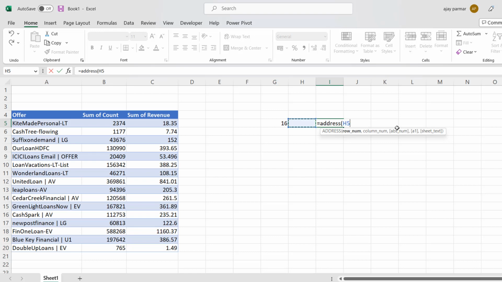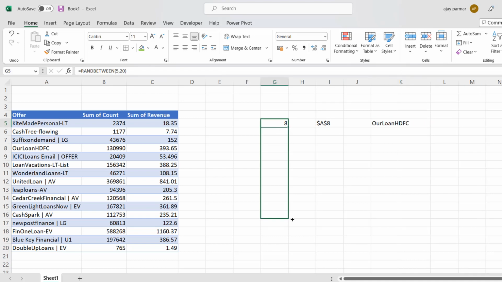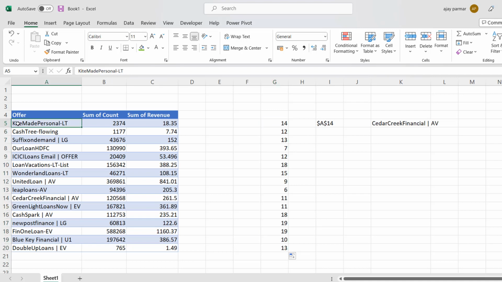So we say that this is the row number, and obviously the column has to be 1, because offers are in column number 1. This is how A10 comes. And now finally, somewhere here, I can say INDIRECT, go to A10 of this sheet and get me that particular offer from here. In this way, if I drag this up till here, we will have random numbers generated. And because we said 5 to 20, because this is the 5th row and this is the 20th row,